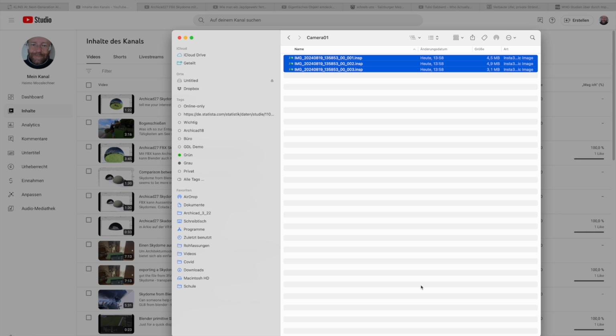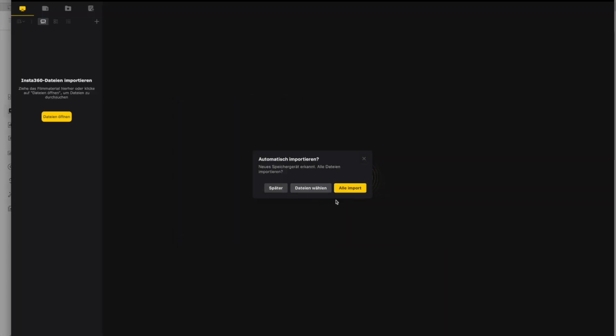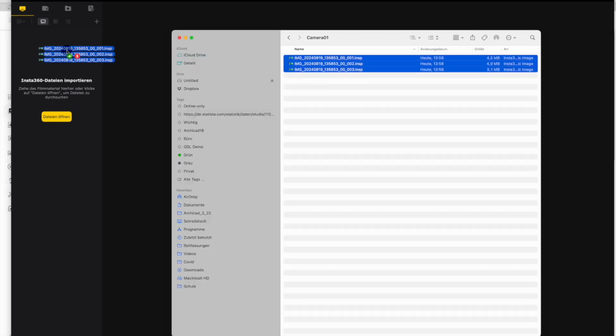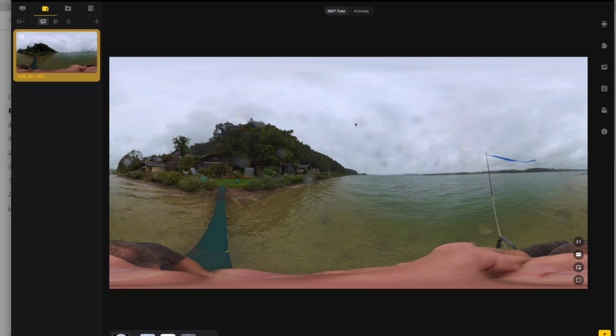It's free to download. Normally you can import it. It doesn't function now, but you can always drag it from the Finder into the program. And now you see the picture I've made,